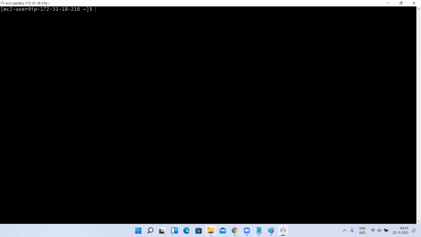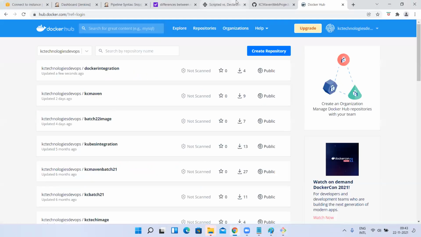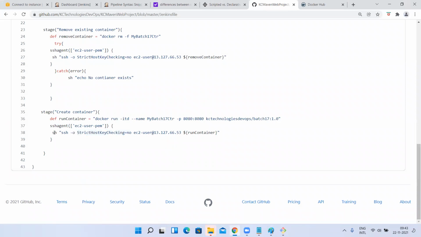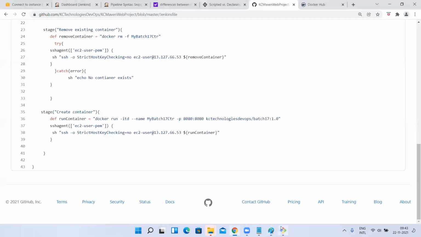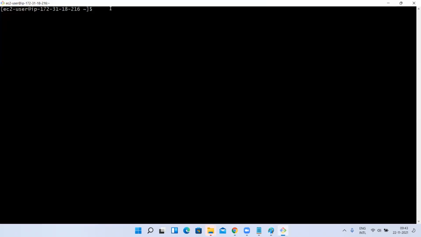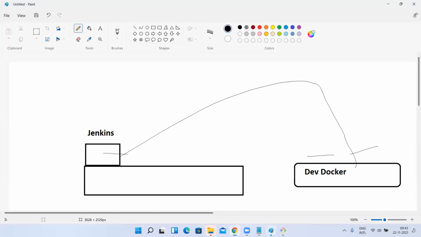I can give it. But as it is in the script, when this machine tries to connect to this machine for the first time, this machine will also ask for yes or no, right? Why did it ask here? Because StrictHostKeyChecking was true. So if that is true, when Jenkins tries to connect to this machine, it will ask yes or no. But it is a tool. It is not a human who will type yes and enter. We won't be there, right?